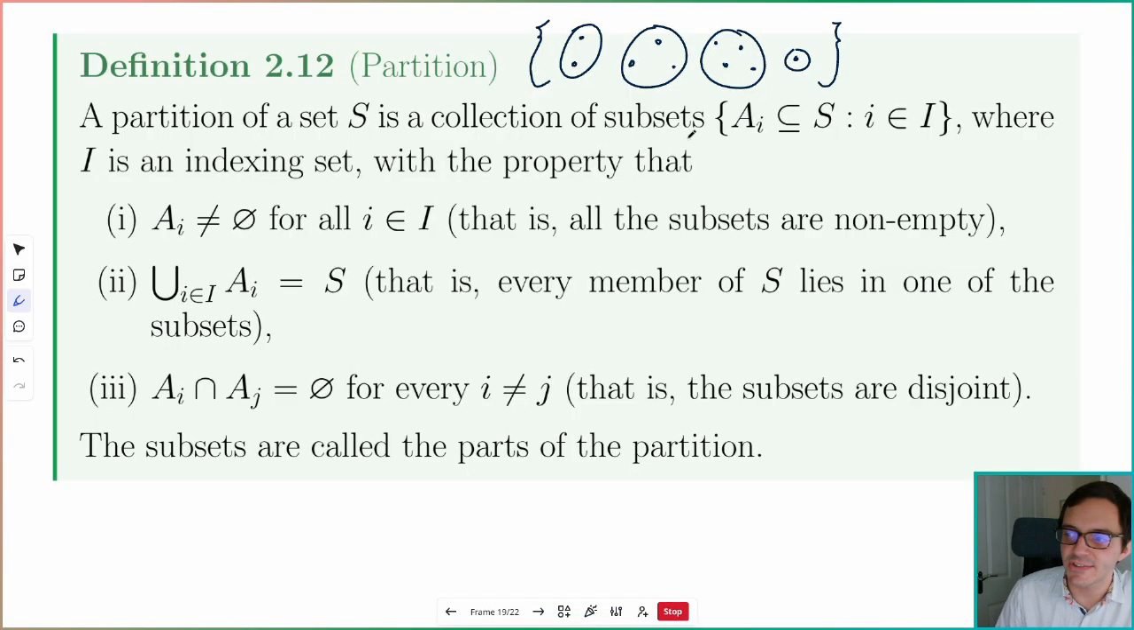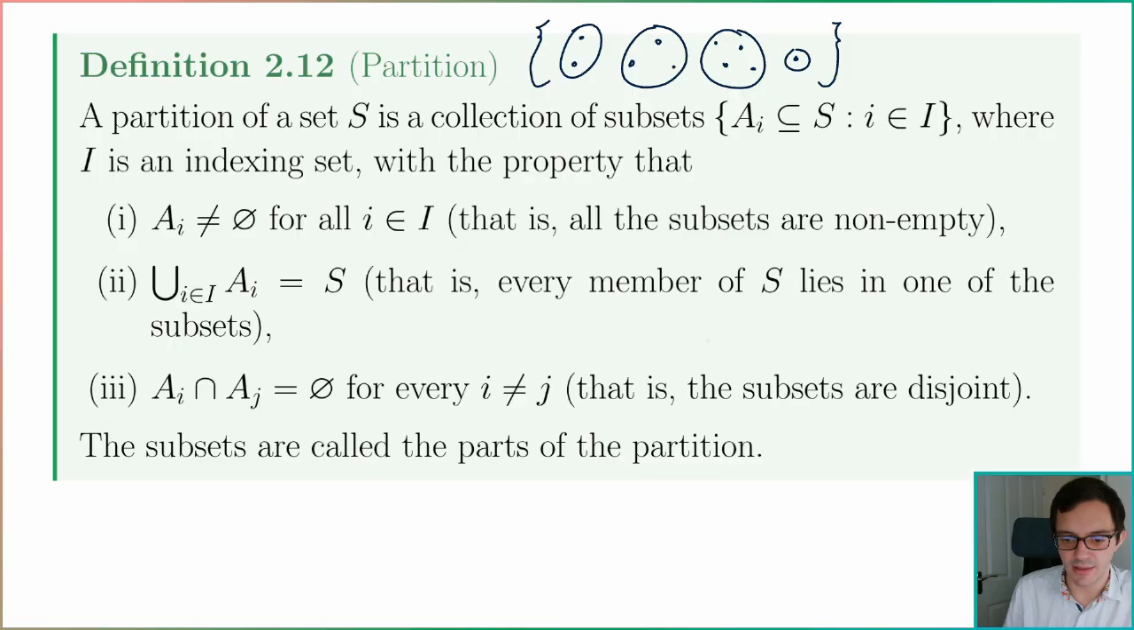So it's a collection of subsets of S with some rules. They're not allowed to be the empty set. That's not the case in my picture, good. The union has to be the whole set. You have to get everything in your partition. You can't miss anything out. Every member of S lies in one of the subsets. And the intersection between two different subsets in your collection should be empty. They should be disjoint, nothing in both. So that, if you like, each element of S belongs to one and only one member of your collection of